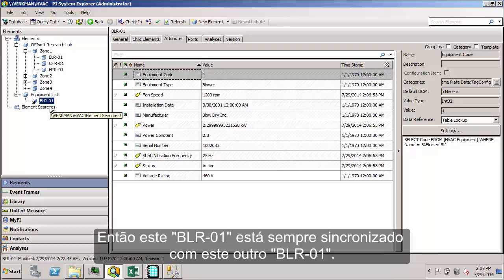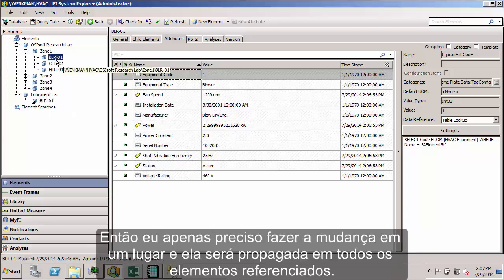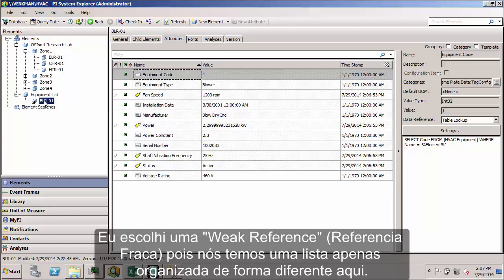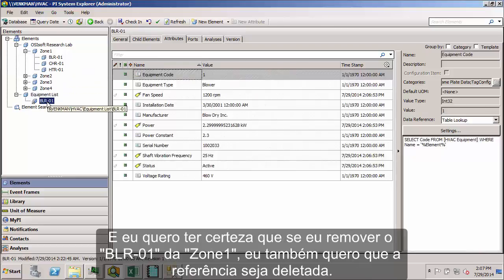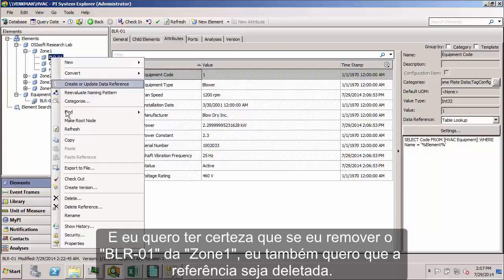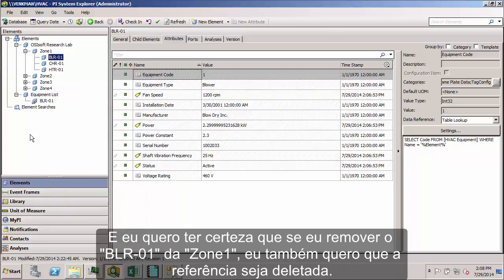And so this blower01 is always in sync with this blower01 up here, so I only have to make a change one place in the hierarchy and it's propagated to the other elements that reference that original element. Now the reason I chose a weak reference down here is because I just have a different organizational list here, and I want to make sure that if I were to remove this blower01 from the zone 1, say if I went down here and deleted the reference, I would also want the reference in the equipment list to be